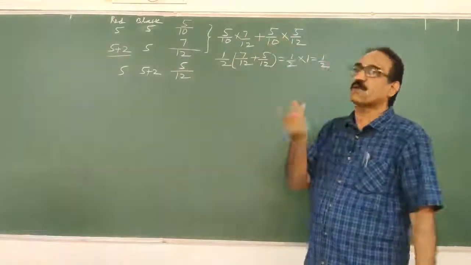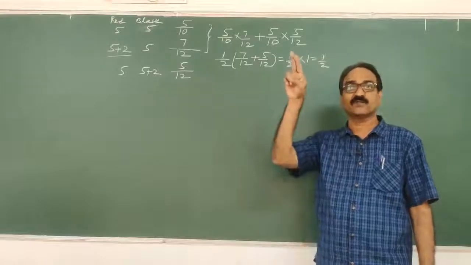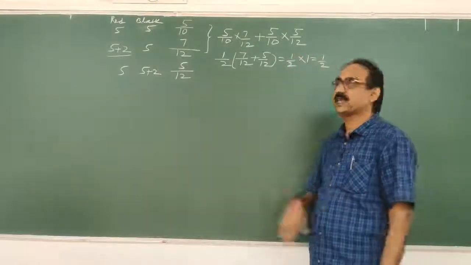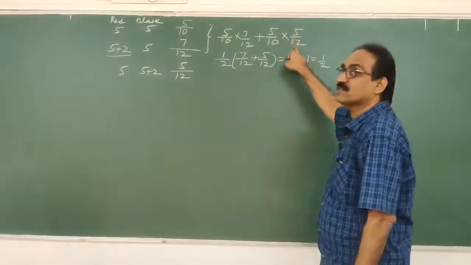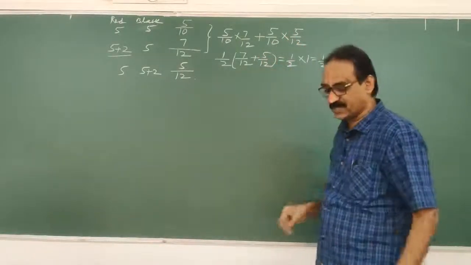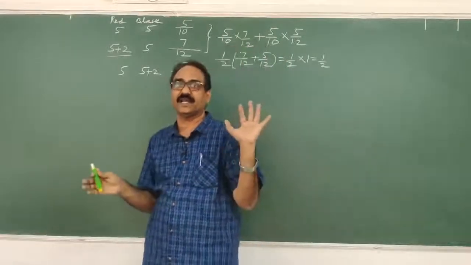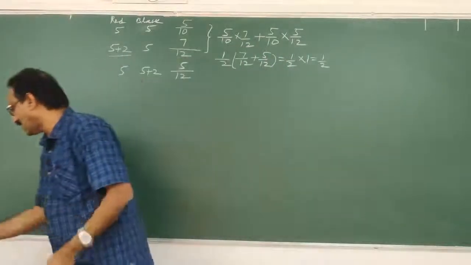Or if you get a black ball in the first draw, 2 black balls will be added to the urn, then 7 black balls will be there, 5 red balls only will be there, then it is 5 by 12. Number of balls 12, red balls are 5 by 12. All simplified, I got 1 by 2. Now I confirmed that you understood very well. Now how to write, I will tell you now.